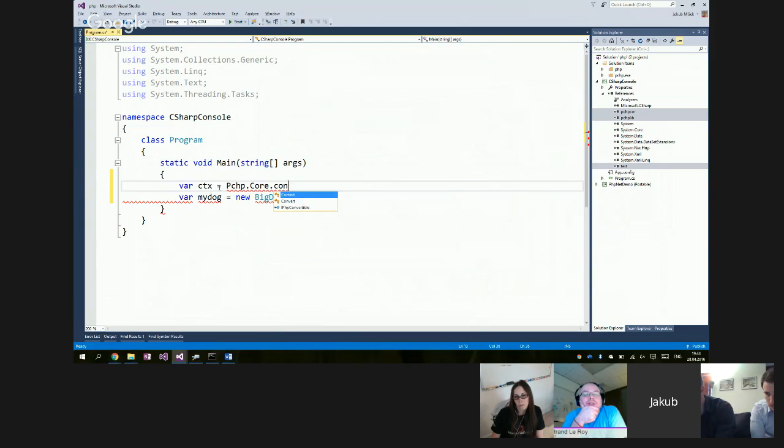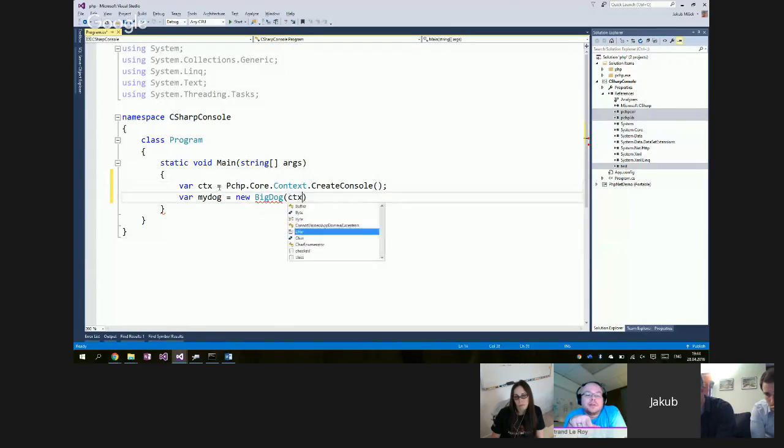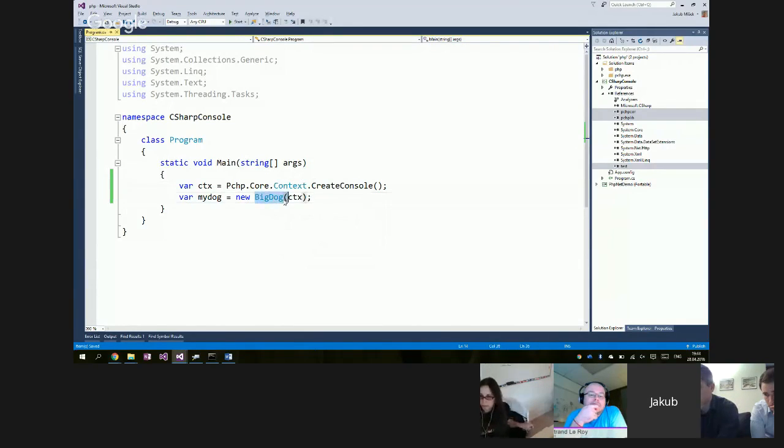Oh, so yeah. Even though your big dog actually doesn't explicitly take that context, or does it? It means explicitly to take the context. It will store the context and works within this given context. So yeah, some of the PHP does bleed out to your public API here. Yeah. So now I have a PHP doc in C#, and I can